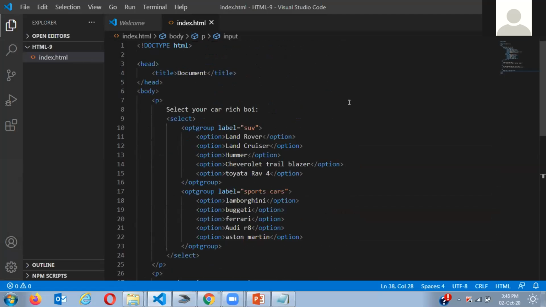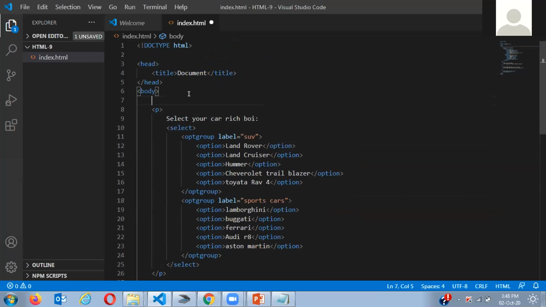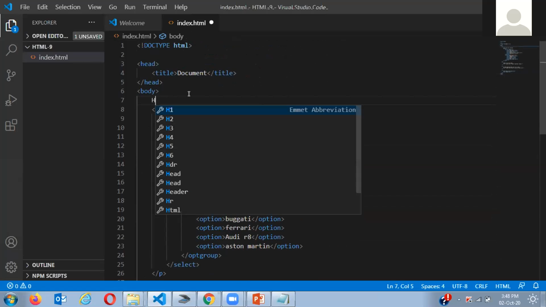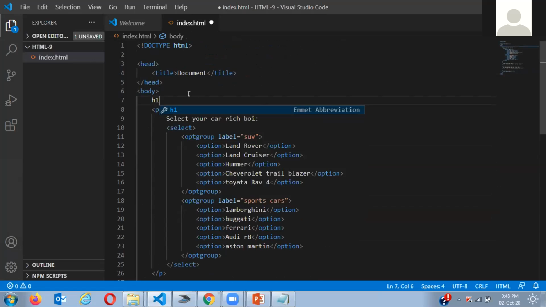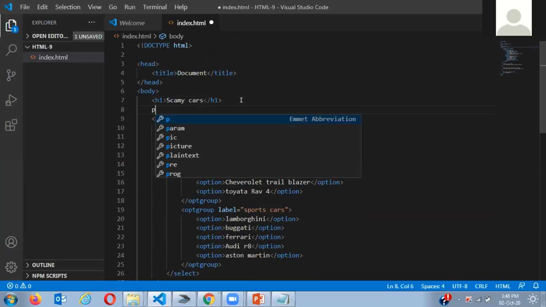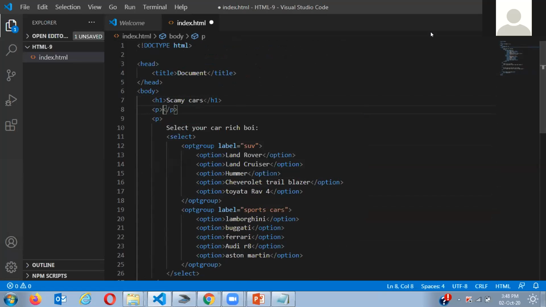Before that, let me just decorate a little bit because I don't like the way it looks. I'm gonna say scam me cars. Let's say my dealership name is like